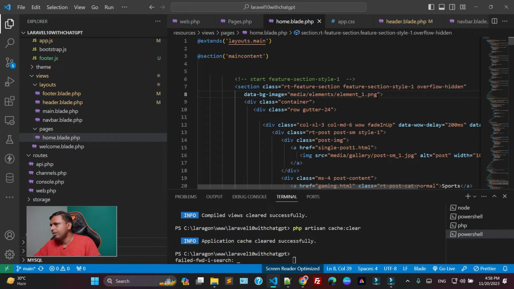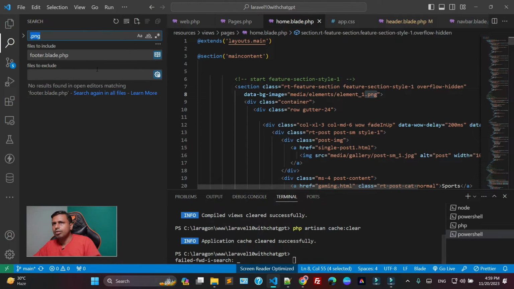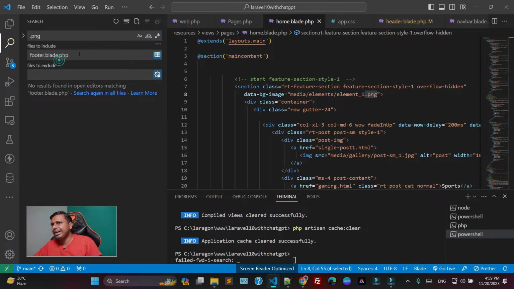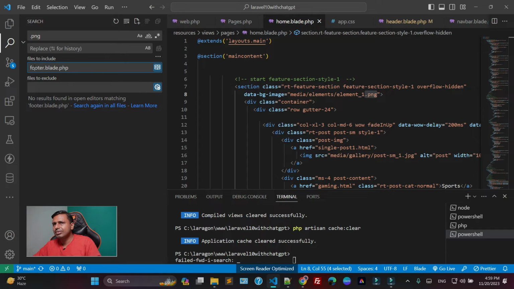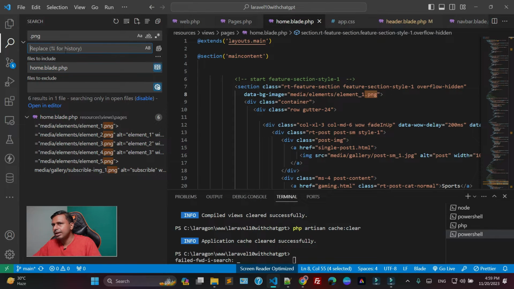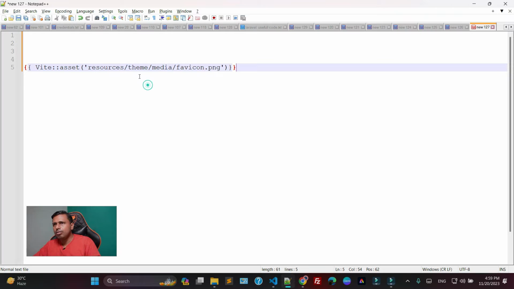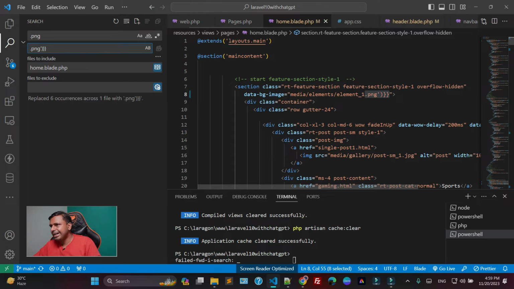Find all the PNG files and do the similar job. Which job? I'm saying find all the .png files, but this time from home.blade.php. As you can see, replace with this one. Okay, just click on this one. As you can see, it's saying 6 places. So now once again, I'm saying find all the